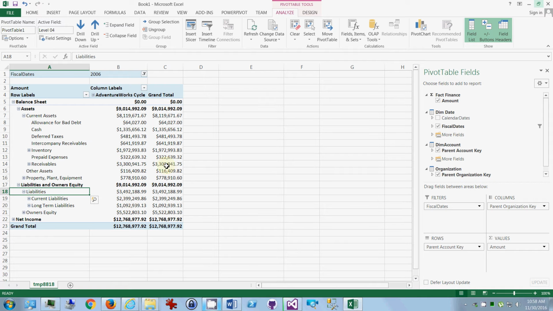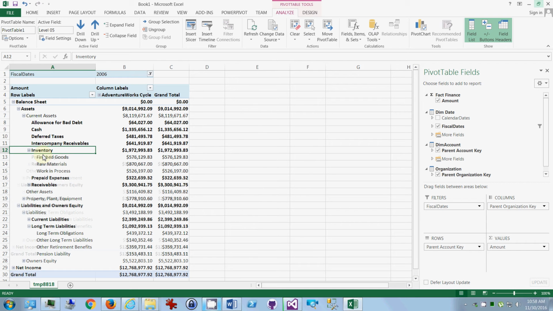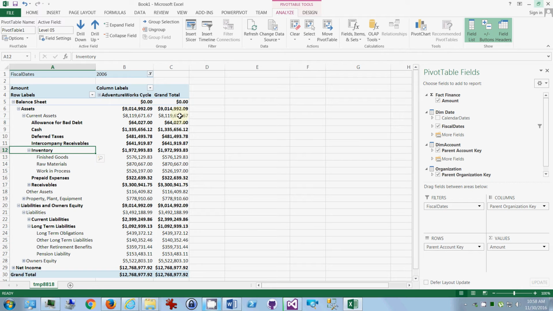And you also have a different way of having your formatting here. For example, you don't want negatives here. What you end up with is curly brackets instead. I don't really see any negatives here, but